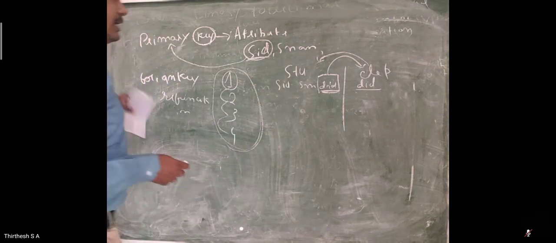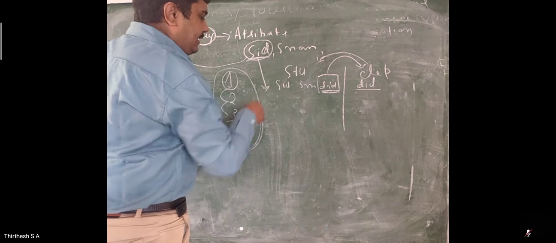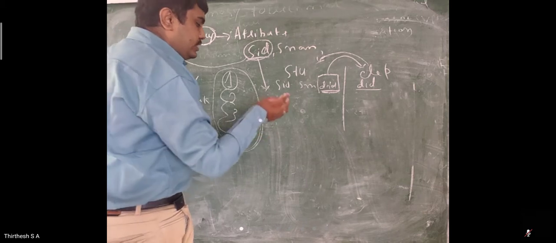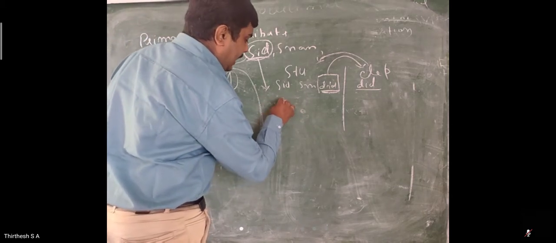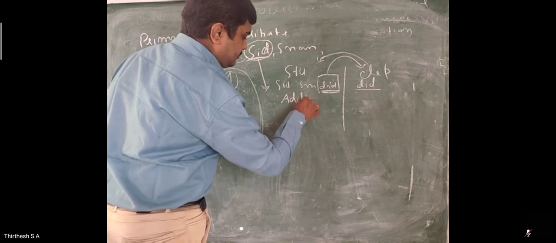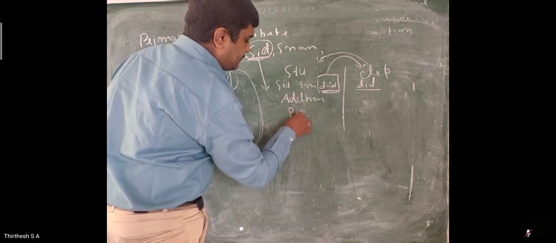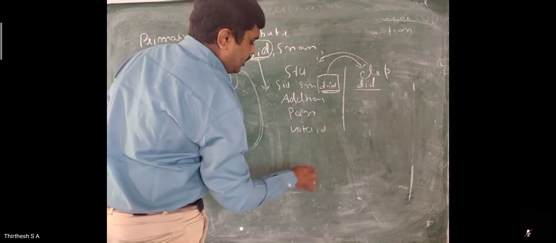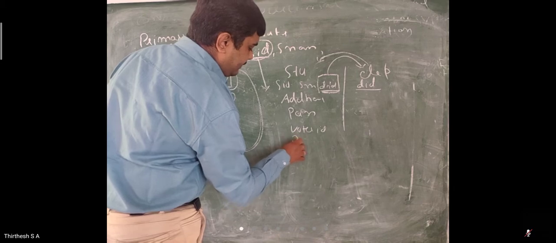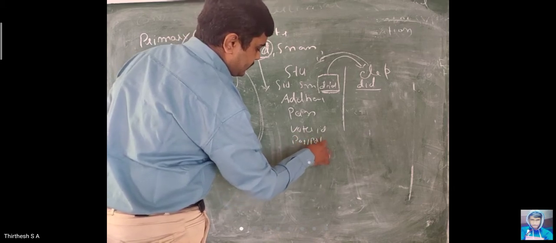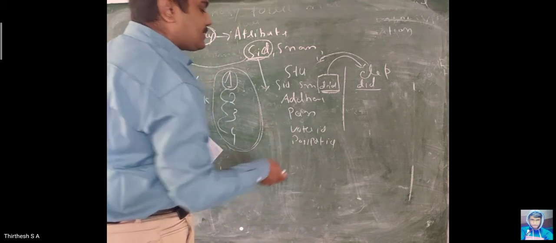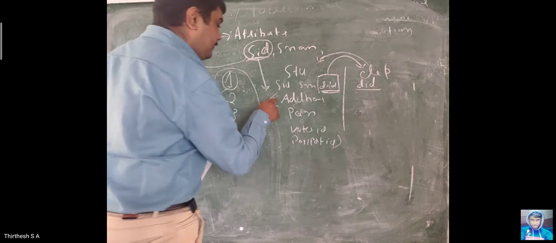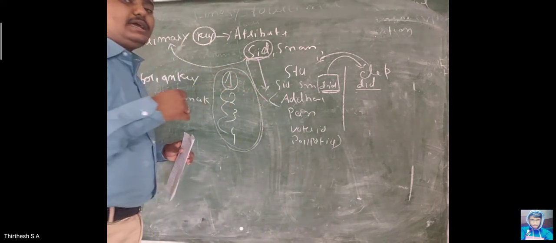Now, say for example, if we need to prove that a student is unique, what should we do? We should take his unique IDs like Aadhaar or PAN card number or voter ID or passport ID or some such things. So these data are the subsets of a person by which we say he is a unique one.